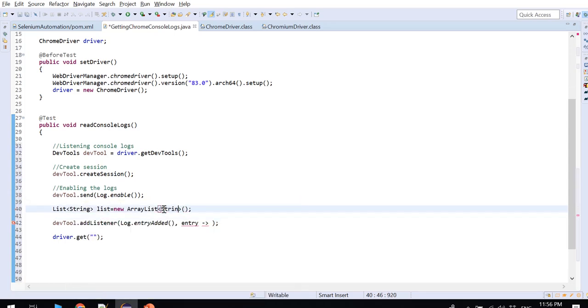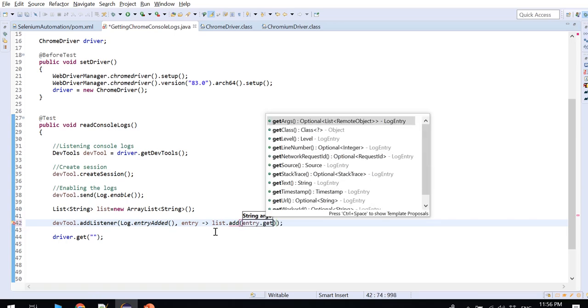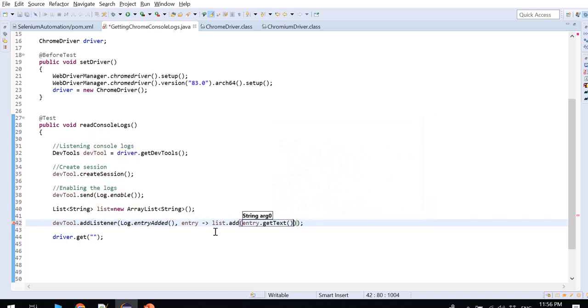Then I'll take the reference of the list, dot add, entry.getText.